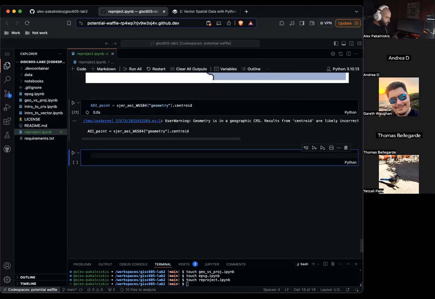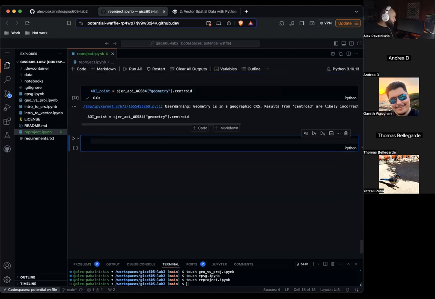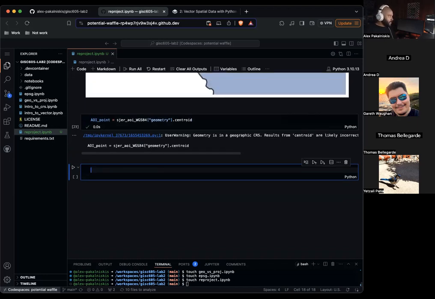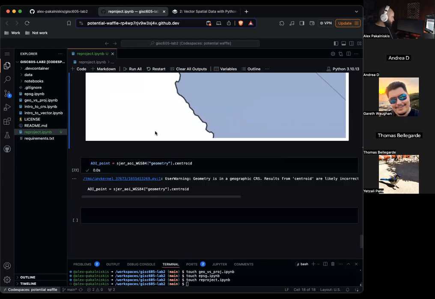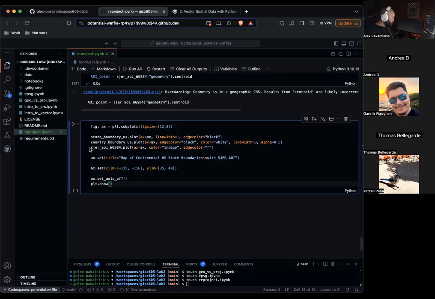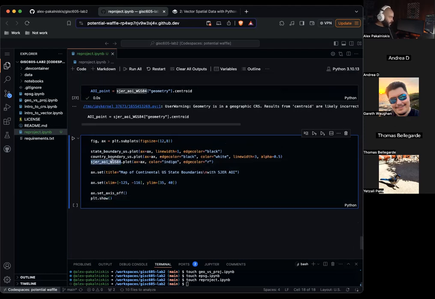Cool. Now let's plot this. So you can do, how did I spell it? AOI point. Okay. I'm going to take this whole thing and then we're going to replace this with AOI point.